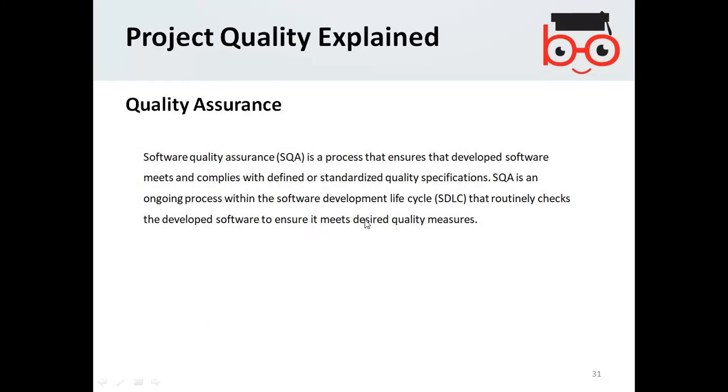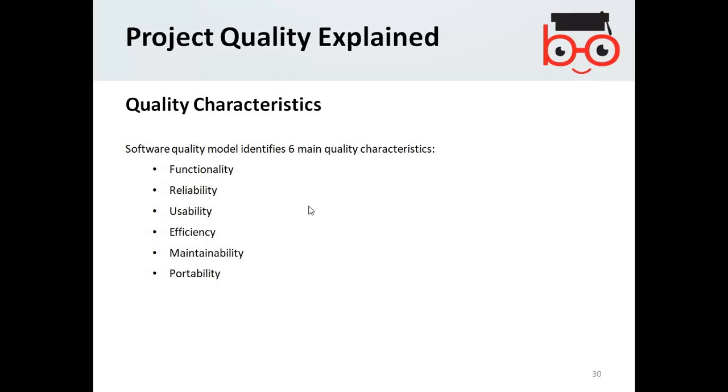The quality assurance is basically carried out over a certain life cycle, that is, how the software has been developed, how it has been tested and implemented, and how the risk factors during the implementation have been handled, and being assured that it has passed certain standard quality parameters.